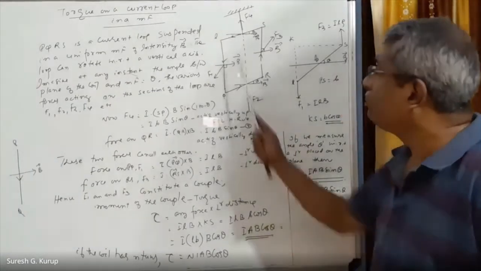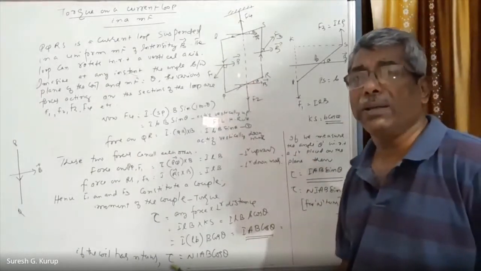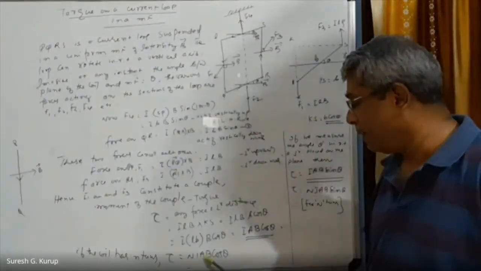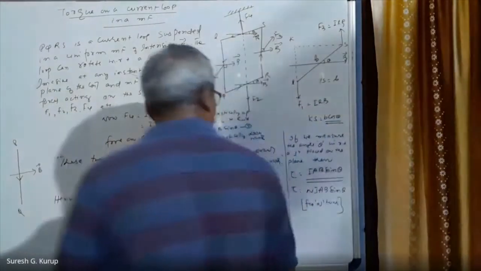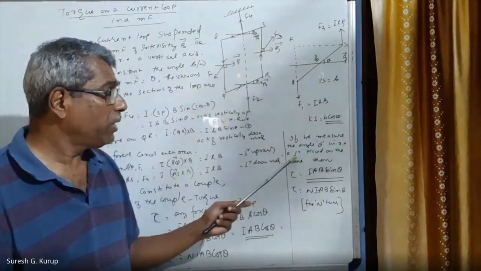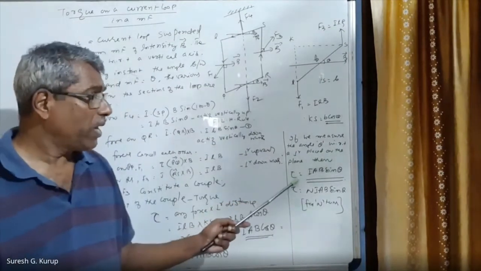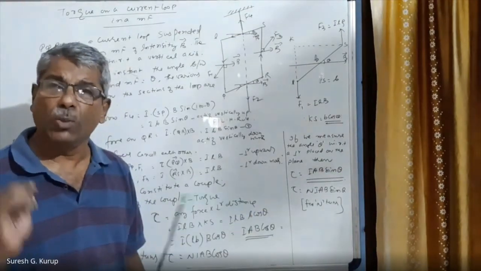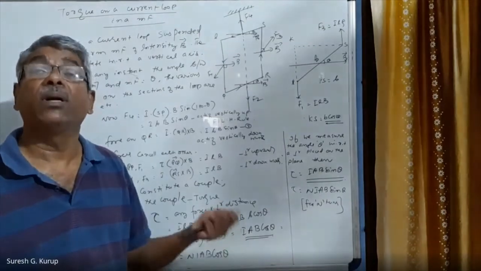IAB cos theta. If the coil has n turns in all, then the total torque acting on that loop is given by NIAB cos theta. Am I correct? Okay. If we measure one more point, if we measure the angle theta with respect to a perpendicular placed on the plane, then torque can be proved as equal to IAB sin theta also. So in this case, remember that IAB cos theta and IAB sin theta both are the same.